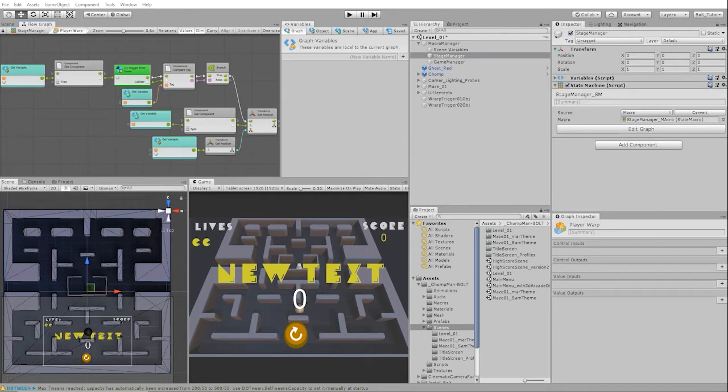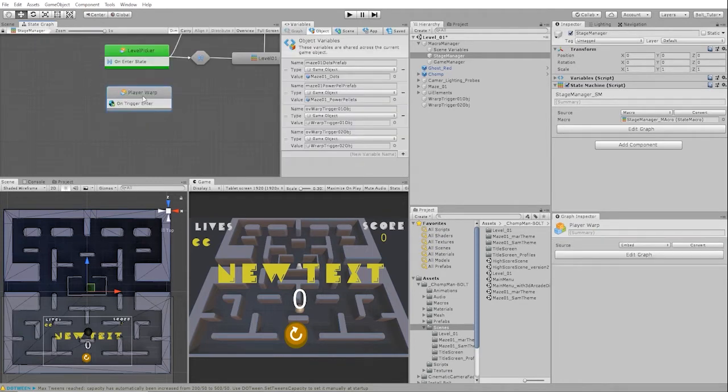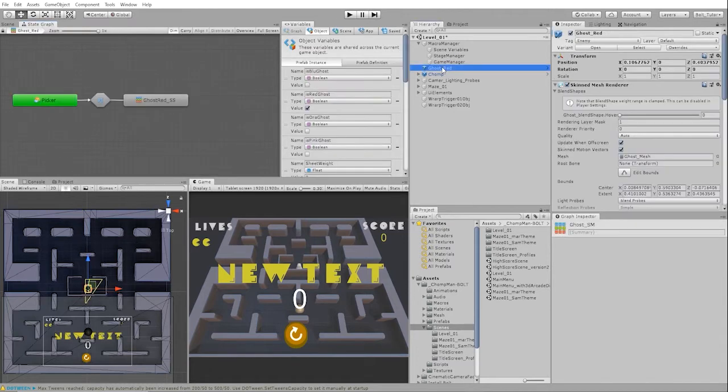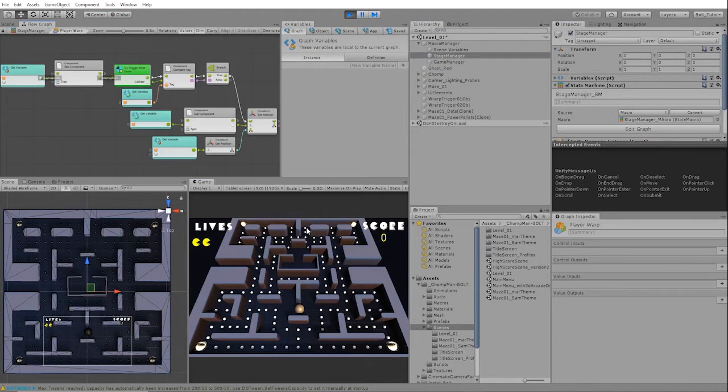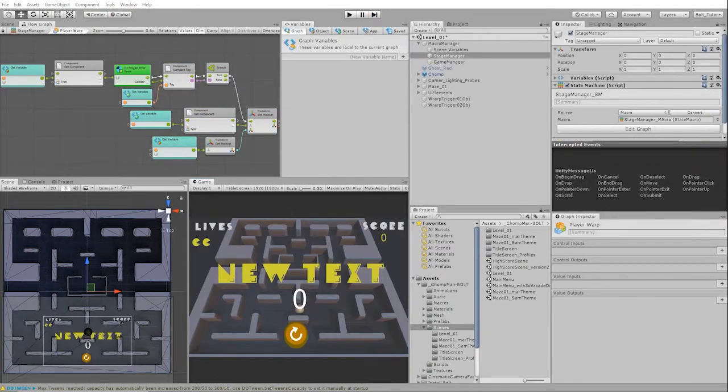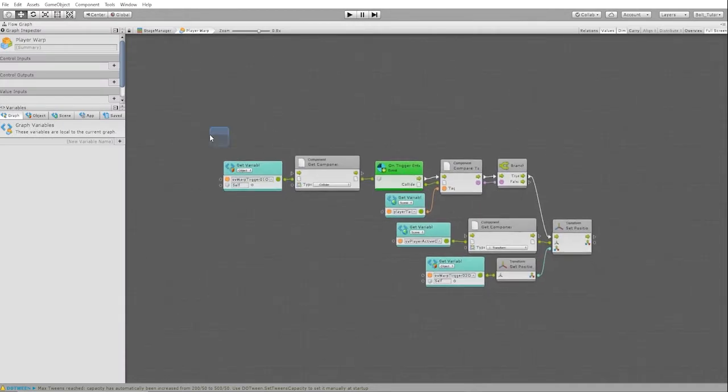With the basics of our player warp state complete, let's test out the functionality. We first need to toggle our player warp to start, and let's disable our ghost to make it easy for us to test. So we can now see entering a warp zone will instantly take the player to the other side of the map. So let's now go back into our graph